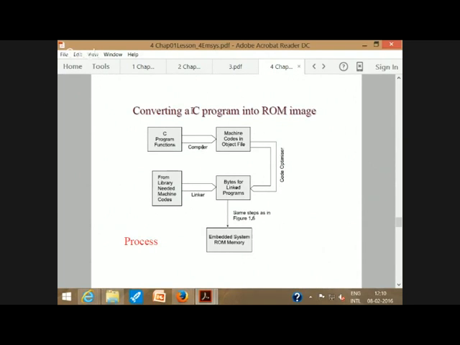This is how we convert high-level code, for example a C program, into a ROM image. You have your C program functions. These are passed through the compiler, which generates the machine codes in the object file. Then this is passed to the code optimizer, which generates